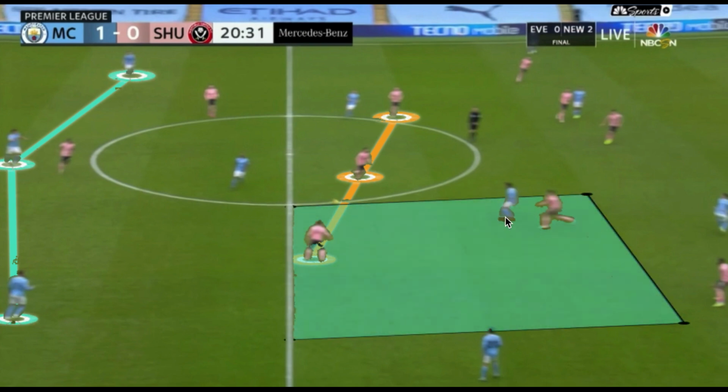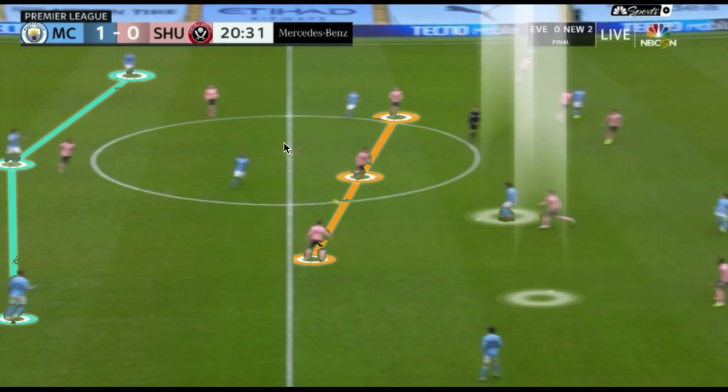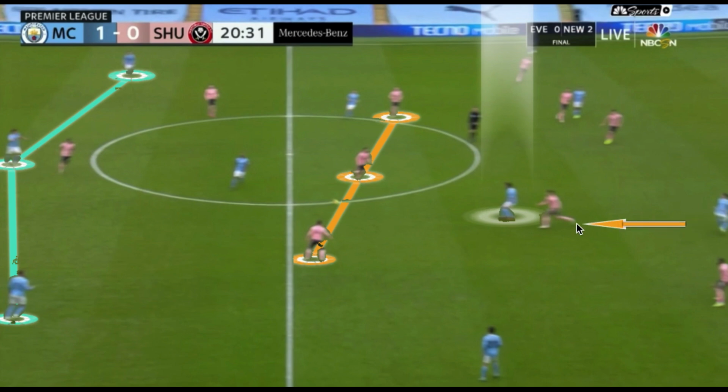Between the lines for Gundogan, played in from Diaz, and now we can see what's the ripple effect of this. So I'll highlight Gundogan playing between the lines. We have him forcing the Sheffield United defender to jump forward, and then this is when the wide interactions become crucial,